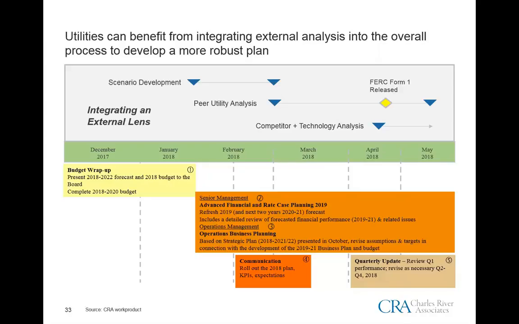And then the peer utility analysis tends to fall in this time frame of mid-February through April, May, to give you enough time to react from your business planning process. As we all know, you have to prepare your budgets for early fall. You have to, well ahead of that, have a well-constructed business plan, typically to look at in early June and maybe through the summer. So it's really important to conclude that exercise before it gets too late in the planning year.